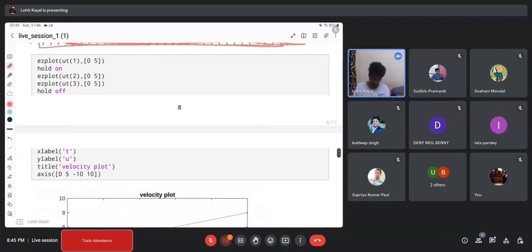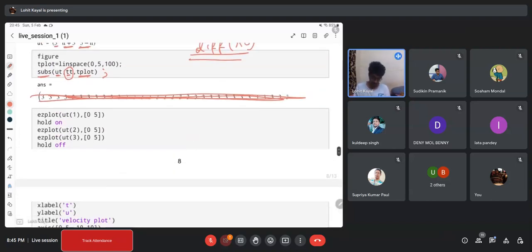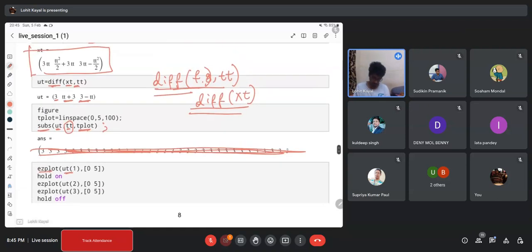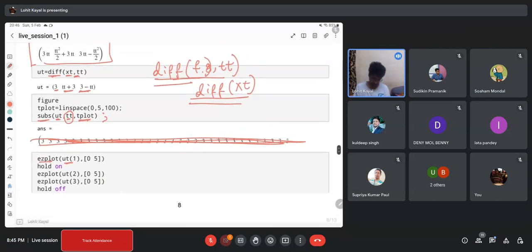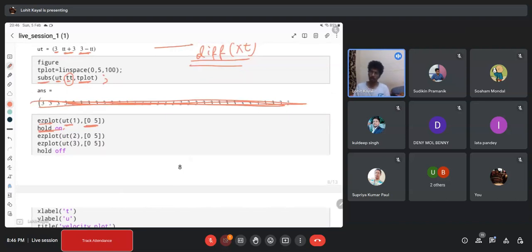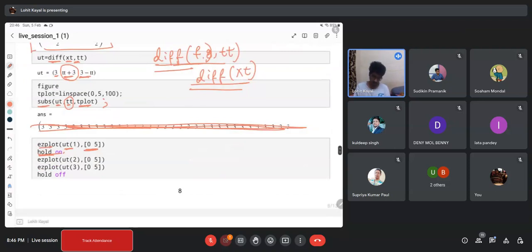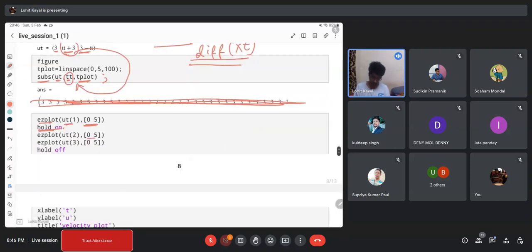Again here, I will do the plotting. So here this is a symbolic thing, so I am using ezplot. ut1 means my first thing, corresponding to this ut1, and the limit is 0 to 5. Hold on, that means I want to do the plot on the same figure. Ezplot ut2 0 and 5. ut2 is this one, tt plus 3, but remember I have already substituted it with the numerical values. ut2 0 5, and again ezplot ut3 0 5, and hold off means